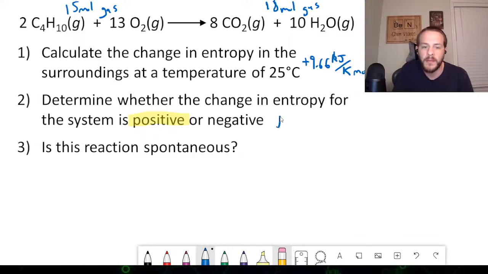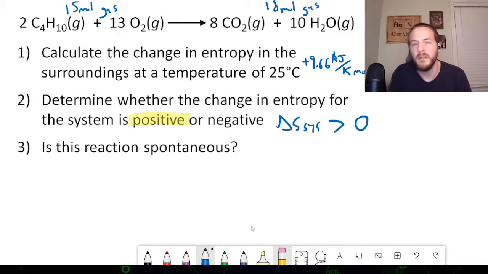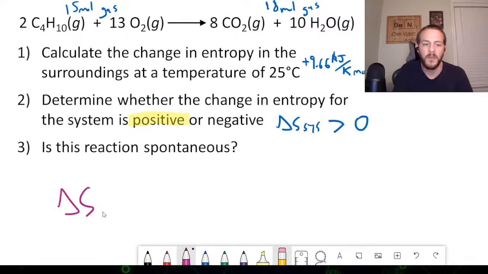The other way to write that would be that delta S for your system is going to be greater than 0. And then the final question is: is the reaction spontaneous? Well, what's the criterion for spontaneity? The criterion for spontaneity is that the entropy of the universe increases. Is there any way to tell, knowing what we know about this reaction occurring at this temperature, whether the entropy of the universe will be positive? Well, let's take a look at the formula. So delta S for the universe is equal to